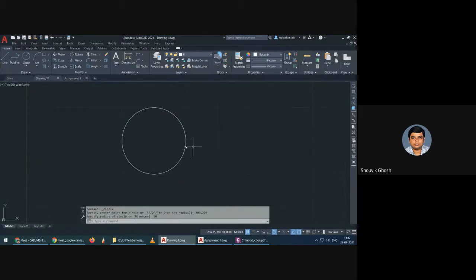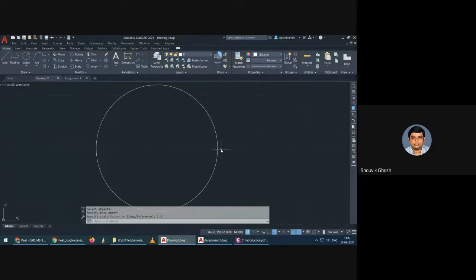So let me just scale this for once. See, if I use this object, select the object, then specify base point, I am using the same base point. Now the scaling factor. So let's say I am using the scaling factor 1.2. Okay. So by the graph, as you can see, 1.2 means it will increase by 10 units. So you can see the radius has increased to 60.